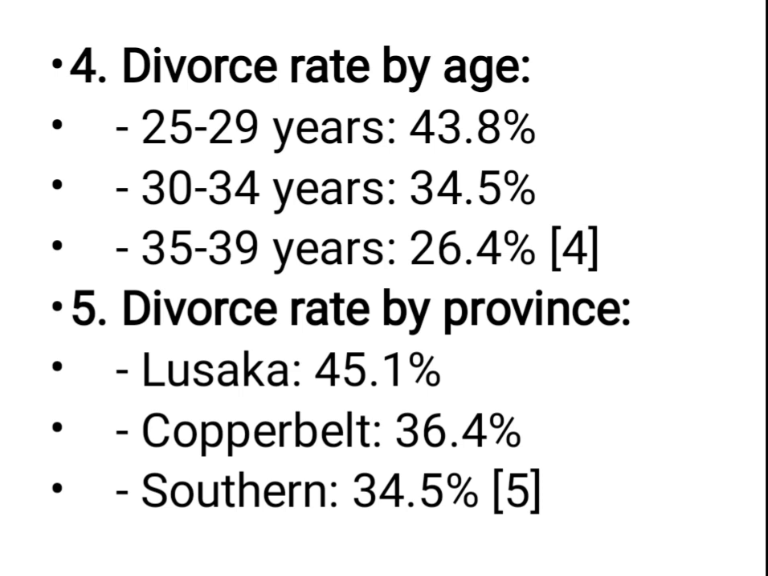Then people that get married between the age of 30 to 34, at least 34% get divorced. 35 to 40, only 26%. So, in short, the more mature people are, the better and the longer the relationship. The more mature people are, when you are growing,